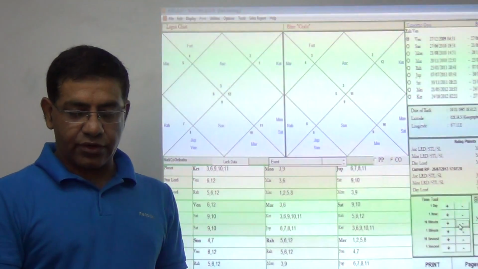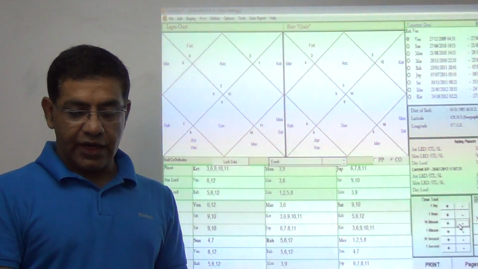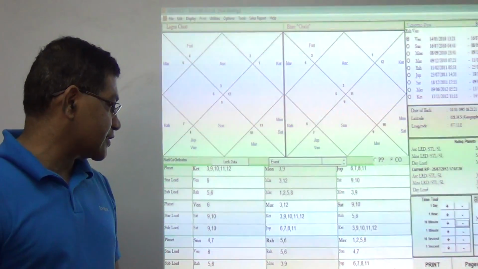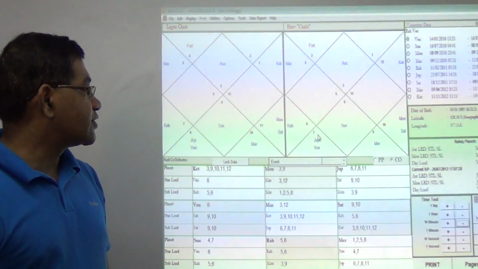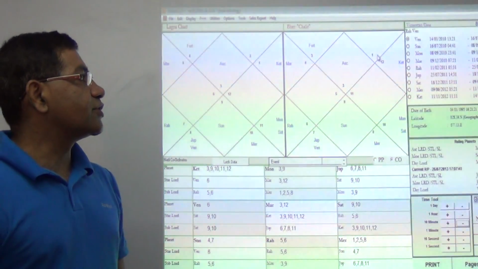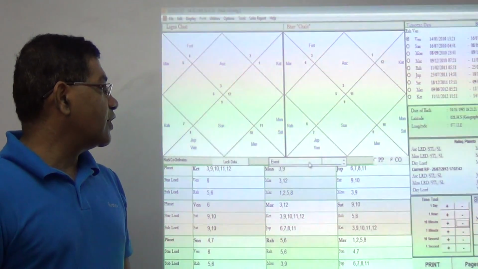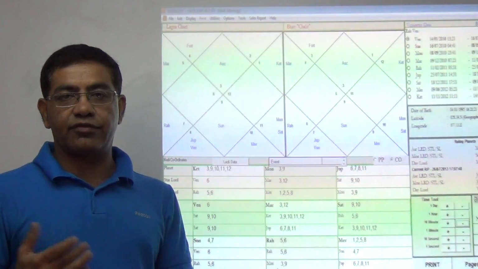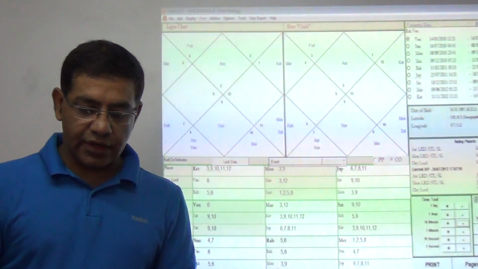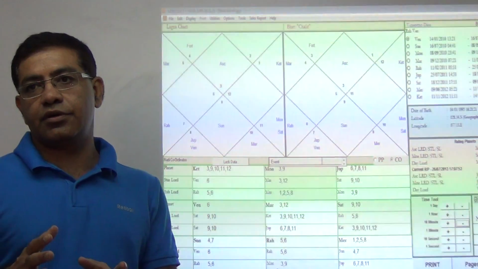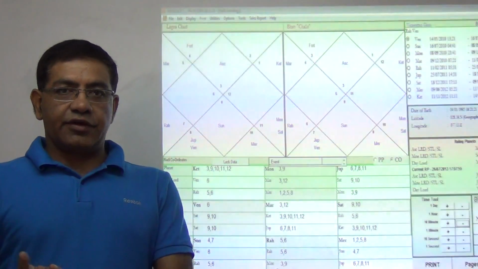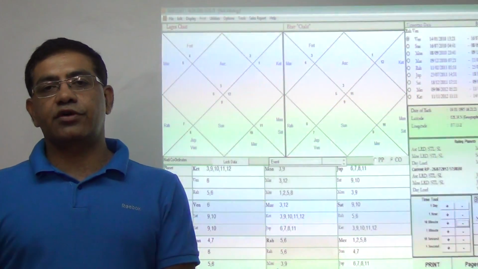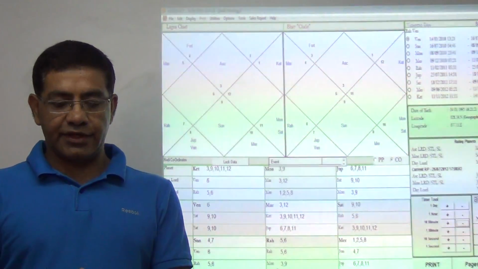Now let me come back to the same time and decrease the time by another 10 minutes. You find that Rahu gives the result of 5 and 6, because the lordship of Venus comes to the 7th and the lordship of the 12th house goes. So Rahu will give the result of 5 and 6 here, and 3 and 9 travels, and 5 and 6 are better houses than 5 and 12. Just understand that when the houses differ, the results will differ. Now you have to see what the results of the 6th house are, what the results of the 12th house are, so you can modify the results.